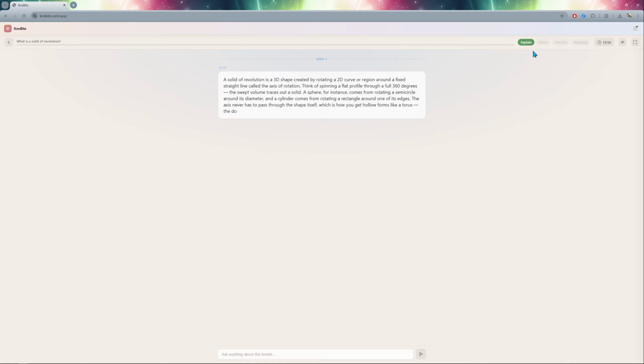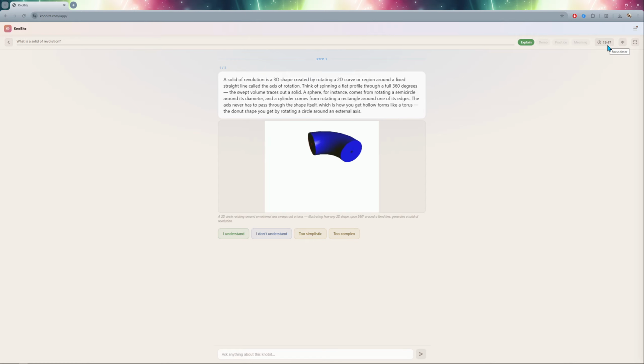Up here in the right-hand corner, you can see a few things. So first of all, there's a timer. It starts counting down from 20 minutes, which is the suggested focused time. You can change it in settings. We'll see about that later. The second thing that can happen here is